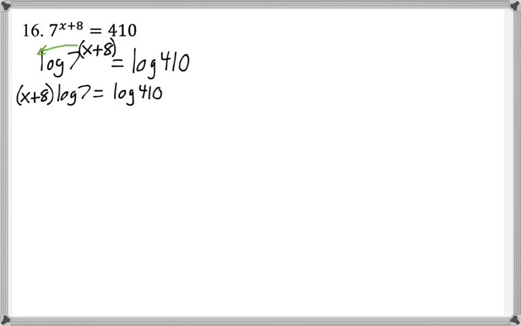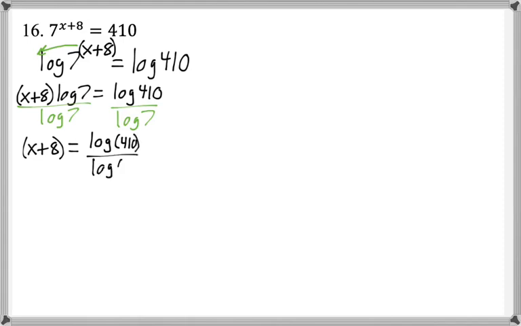So now I want to solve for x. I want to divide both sides by log of 7. And that leaves us with x plus 8 is equal to log of 410 over log of 7. Now, these parentheses really aren't needed anymore, so I just erase them, and our last step is going to be